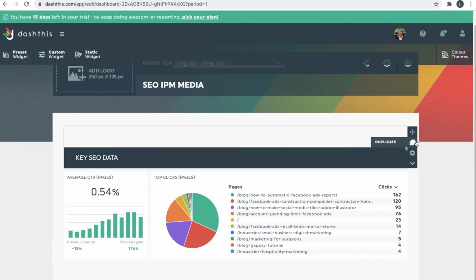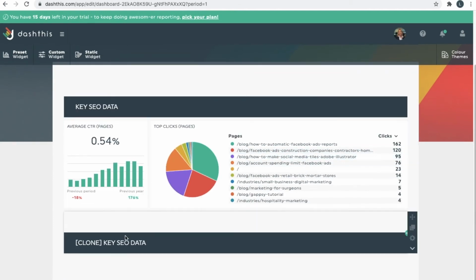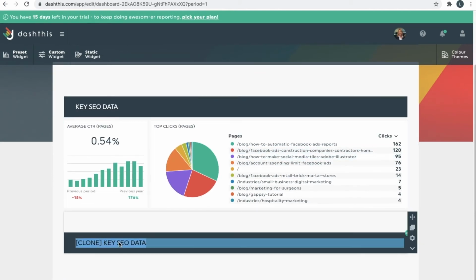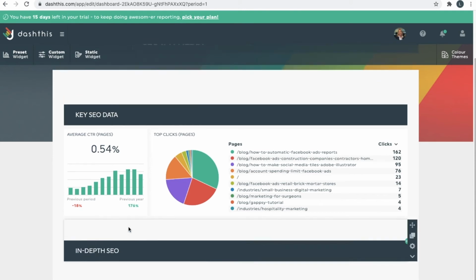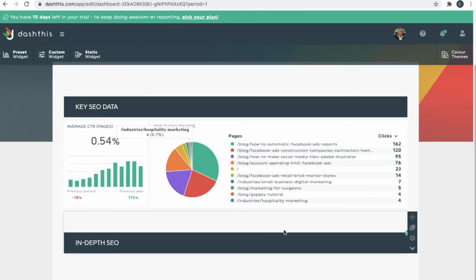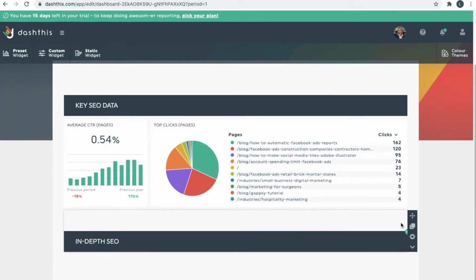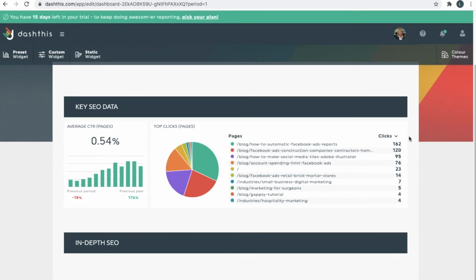Now we can duplicate this and see it comes up underneath. Now we might want to call the next bit in-depth SEO. And in this section, we can break down some more interesting SEO facts. So in this case,